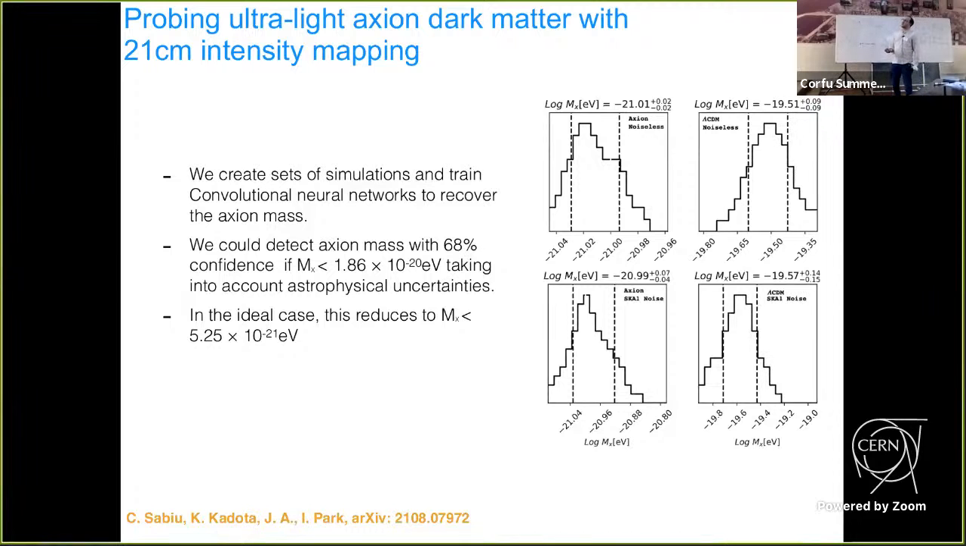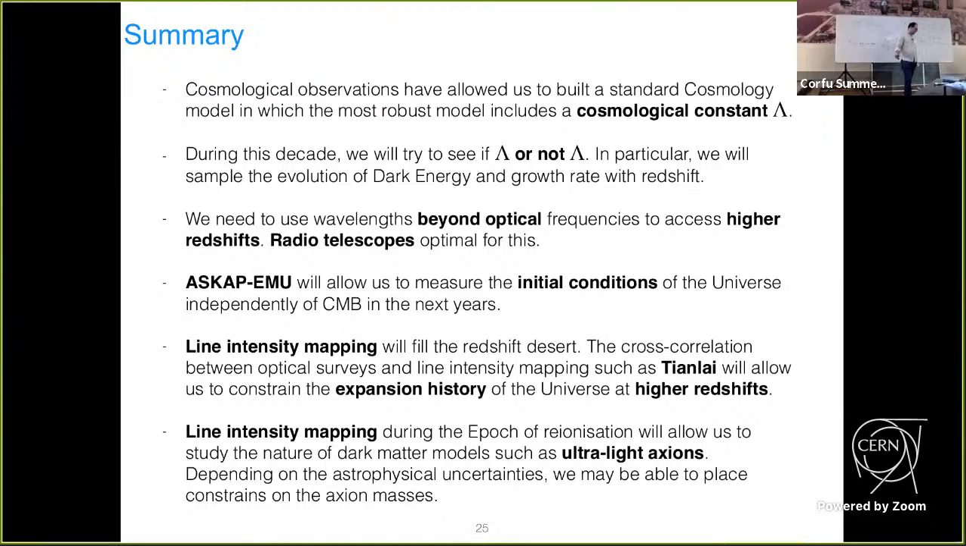So the take-home message is that this decade, hopefully we will be able to say if it's lambda or not lambda with DESI, for example. But we should go beyond optical to access higher redshifts, especially if we want to look at the initial conditions of the universe. We are currently working on this ASKAP immune survey, where in the next months we will have the first results. In the next 2 years we will have the full results, which may be able to throw some light on the